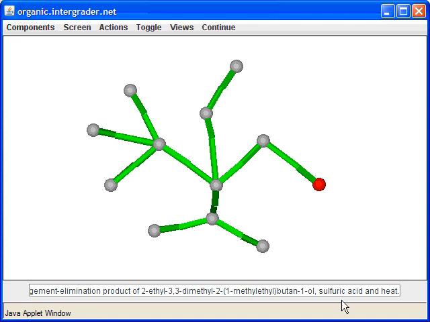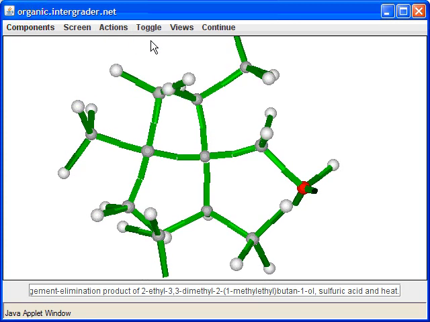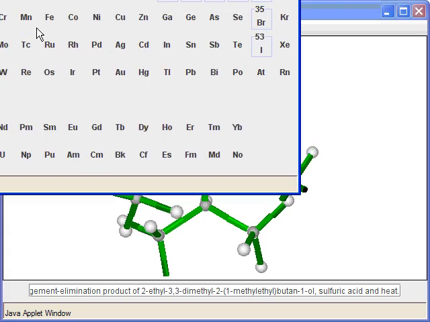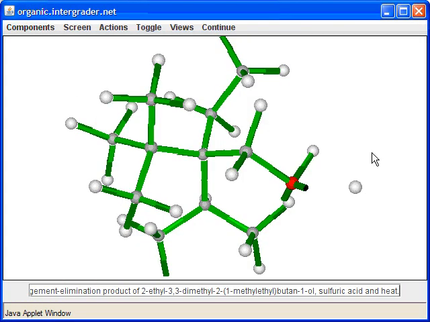Now, sulfuric acid is the catalyst for this reaction, and remember the heat is what drives the equilibrium for making alkenes. So let's add all the hydrogens, and we'll hit arrange. While the program is doing that, let's add a proton to be our acid catalyst for this reaction. In all of these reactions, first the oxygen gets protonated. So we'll take electrons from the oxygen, and we'll hit arrange.